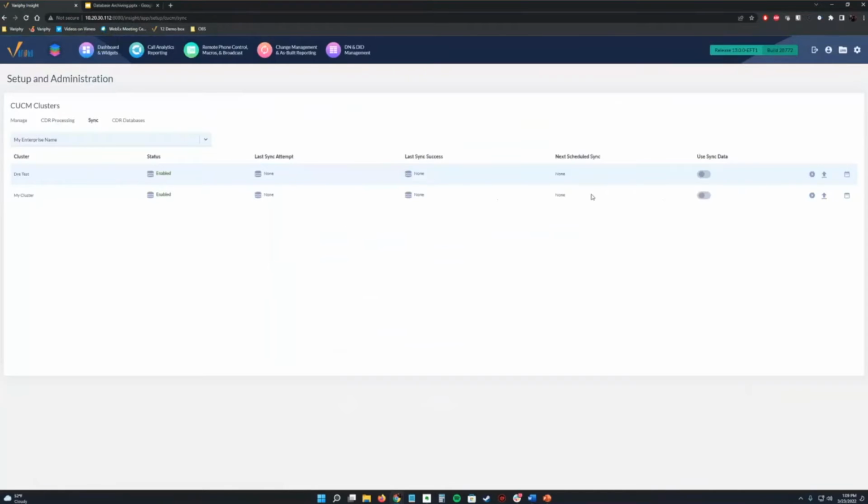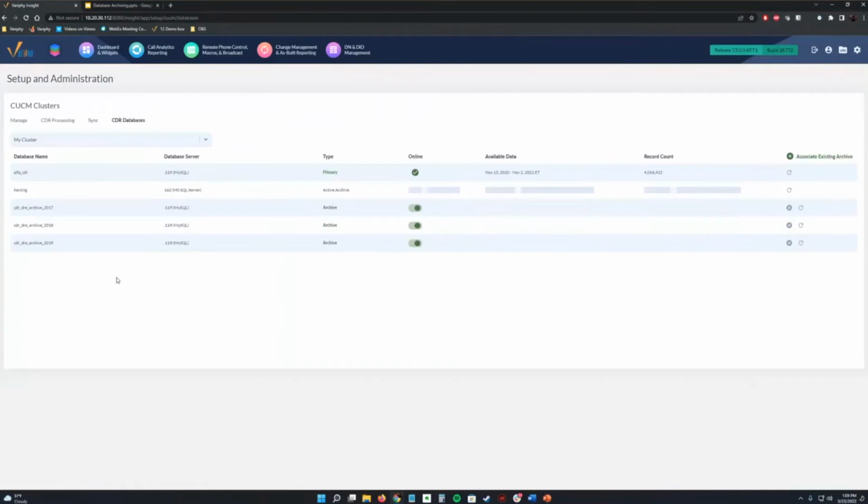But this could be useful for larger customers that have a lot of info in the call manager to keep those up to date on a regular schedule. But then you could turn your sync on. You could run it here, and you can also import a sync and then schedule your sync over here to the right. So, same thing that we had in our 12 version, just now on a separate tab.